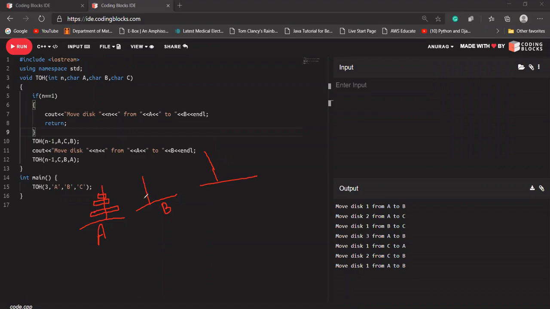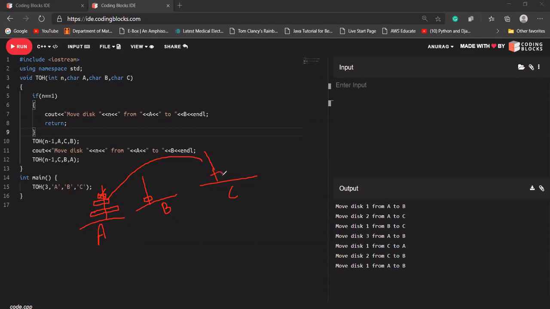Let's say this is okay. I have to make it a little smaller because right now this has been performed. This is being deleted from here, and it's saying from A to B we have moved, and now it says move disk 2 from A to C. Yes, I can do that. I can move it here. I can write the disk number 2, which looks like disk number 3.